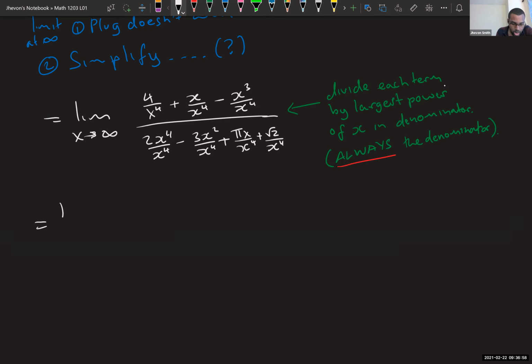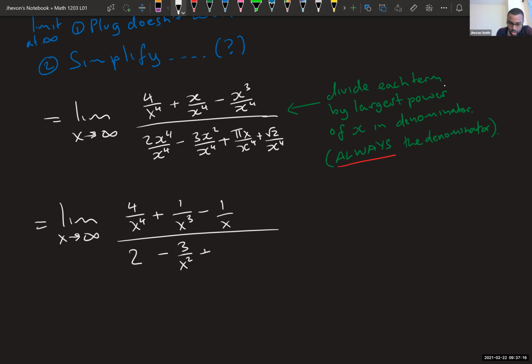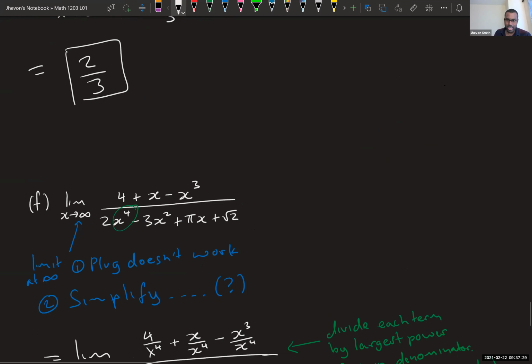Now I'm going to simplify this stuff. 4 over x to the 4 doesn't really simplify. This guy goes to 1 over x cubed. This guy would be 1 over x. This is going to just be 2. That's going to be 3 over x squared. This is going to be pi over x cubed. This is going to be radical 2 over x to the fourth. Now, on one hand, you might say that doesn't really look simpler than that guy. But